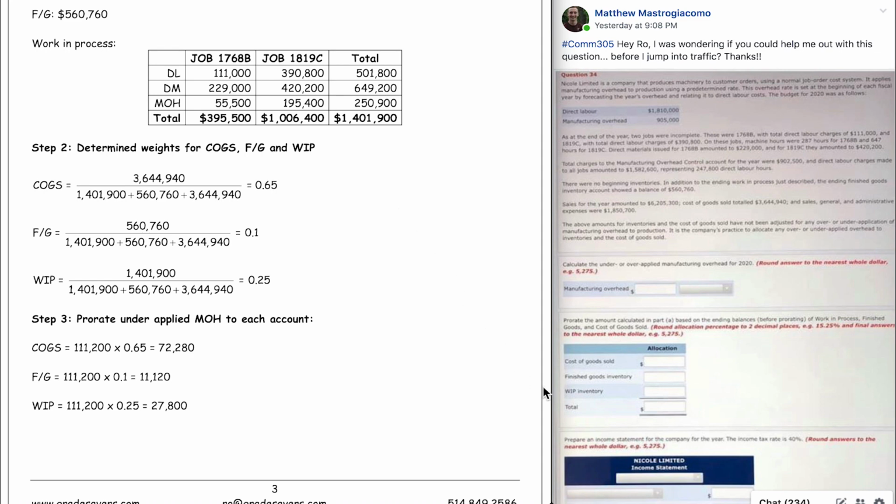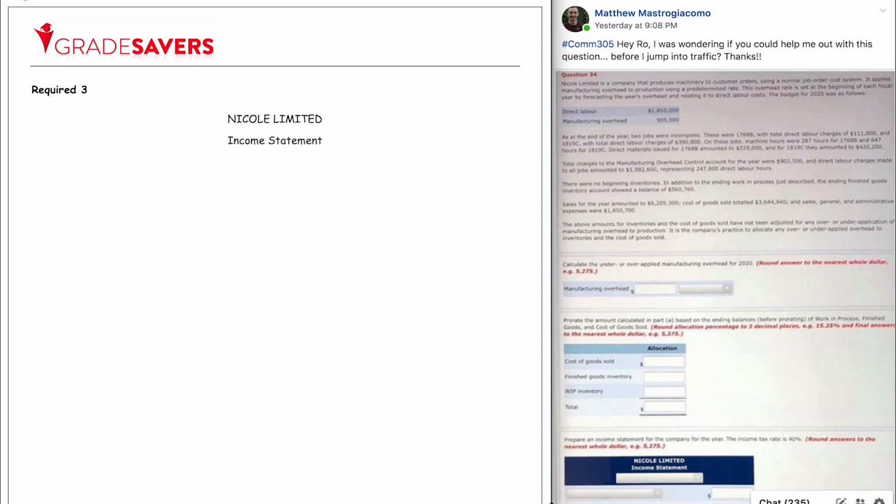It seems as though in required 3, we're asked to make an income statement for the firm for the year, and we're offered an income tax rate of 40%. Once we've calculated our cost of goods sold, using our cost of goods sold, the sales information, and our period expenses, it should be pretty straightforward to set up an income statement. I remind you that an income statement is always for a period of time, so the way that you write the date is kind of important. Rather than saying it's as at a particular moment in time, I'd rather you say that it's for a time period that has ended. So in this case, we're going to argue that it's for the year ended December 31st,